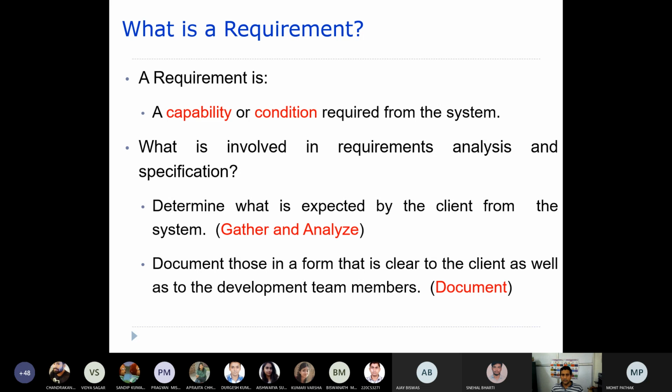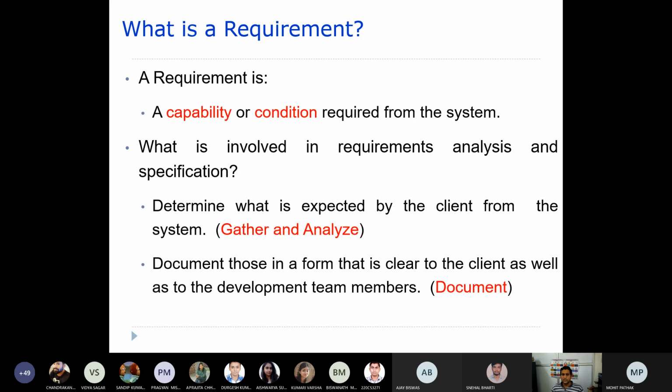We actually have to gather and then analyze so as to finalize what the expectations of a client from the system are. And once these requirements are gathered and analyzed, and they are very clear to the client, then those requirements will be specified in a document, and this document will be used by the development team members because they are the ones who are going to develop the software, right?